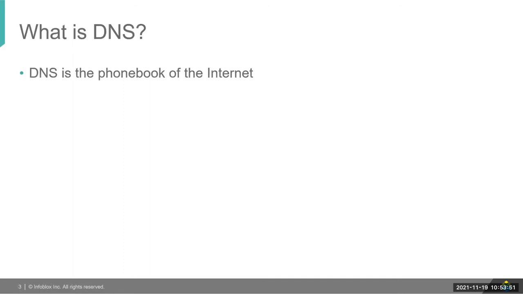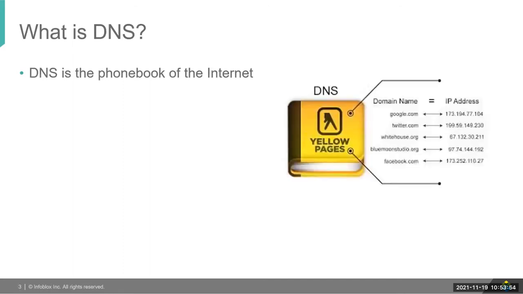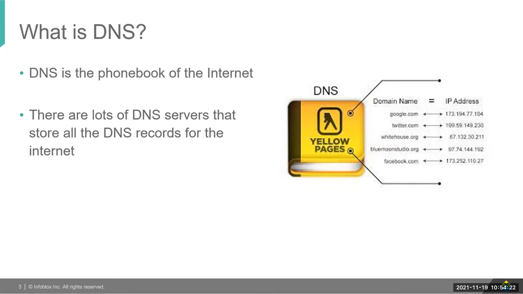Firstly, what is DNS? DNS is the phone book of the internet, where if you want to access a certain domain, like say google.com, you can just type google.com in your browser. But what happens behind the scenes is that each of these domains has a specific IP address, just like the address of your residence or your office. So in this case, google.com is 173.194.77.104. And in this way, the DNS server processes it and gives you back the result so that you can